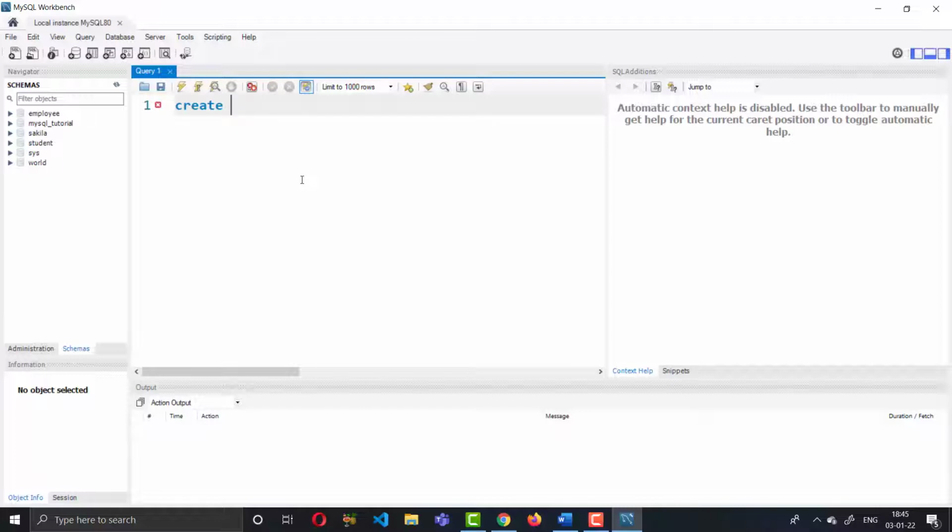CREATE is just for creating something, such as a database or a table. So CREATE is the clause for creating something, and then you give the database name, whatever kind of database you want. Suppose I am creating one database called college.